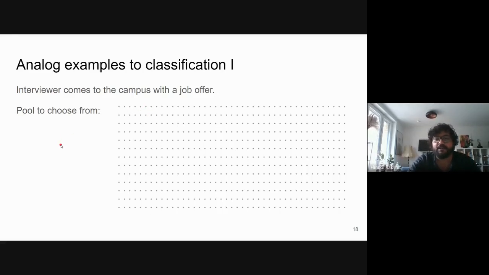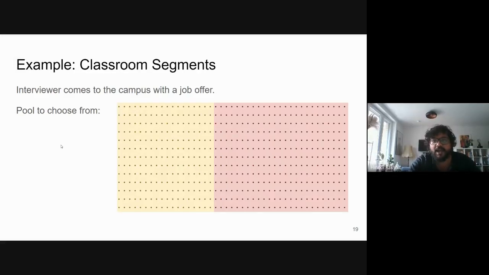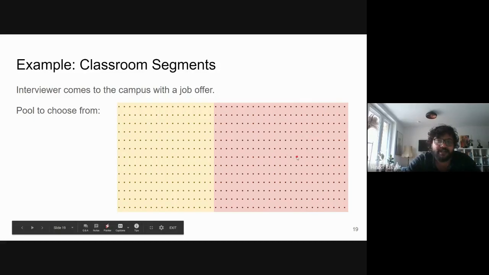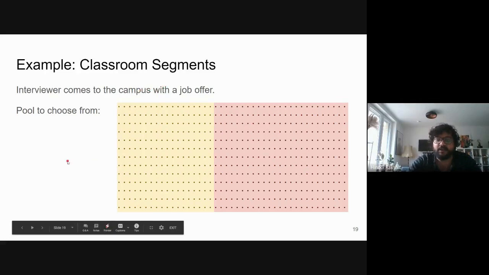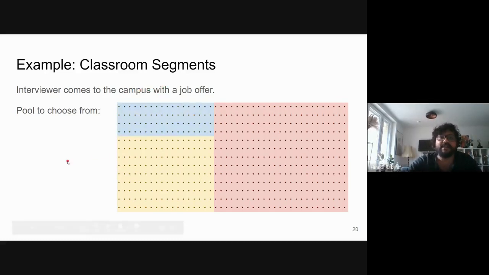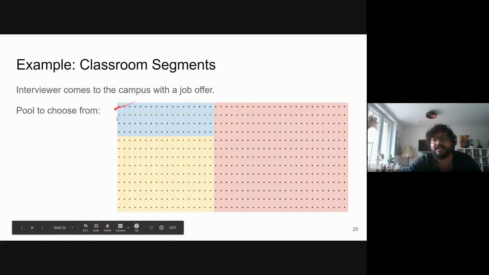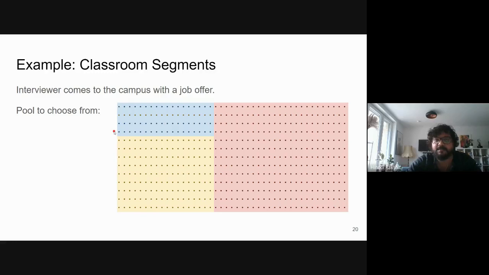But a classified way would be the interviewer checks how many of the students actually took a particular computer science course or not. And then the interviewer knows that, okay, this group of students didn't take this course, so they're not really relevant for this job. Only this group of students is relevant. And the interviewer can, of course, further say that among this group, these students got a significantly good number of marks in the subject. So maybe this is my interview pool.